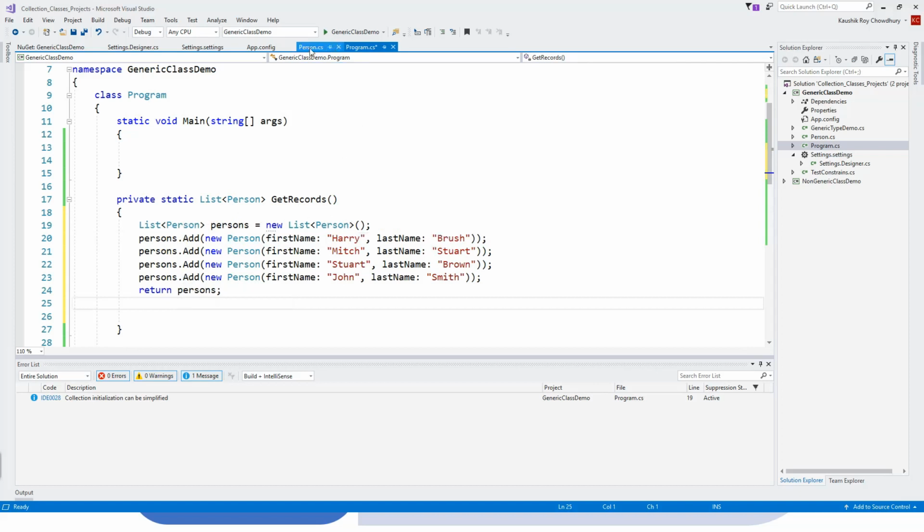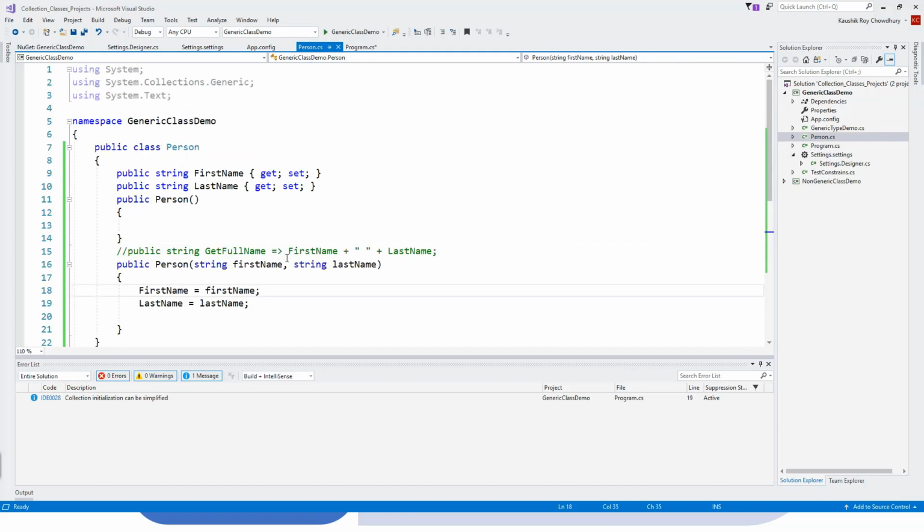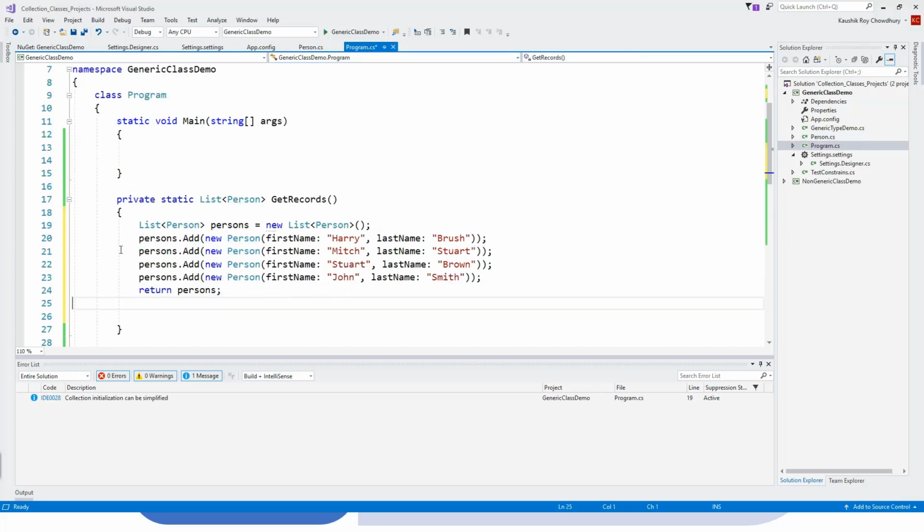This is the person class which I created earlier, and this is just a model class. It has a couple of public properties returning string, first name and last name, with getters and setters, and there is a parameterless default constructor, and another constructor which accepts the first name and last name and assigns them to the public properties declared. Okay, so getting back to the program class again,